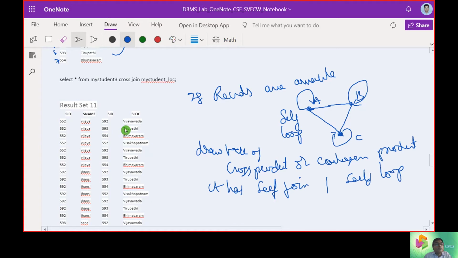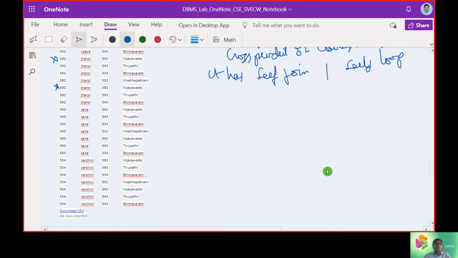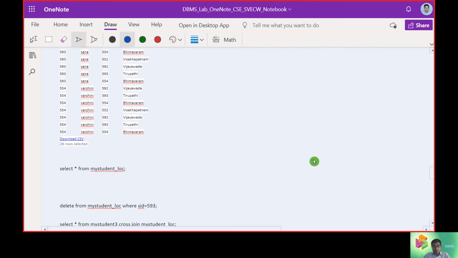That was really a disruptive feature, putting things to itself. Such tuples are available. That was the major drawback which cross products have been raising.